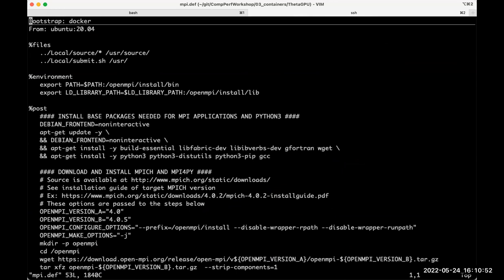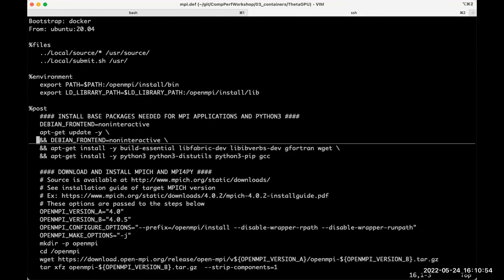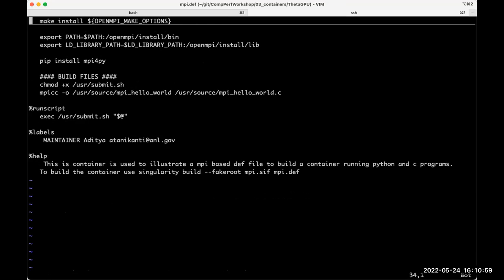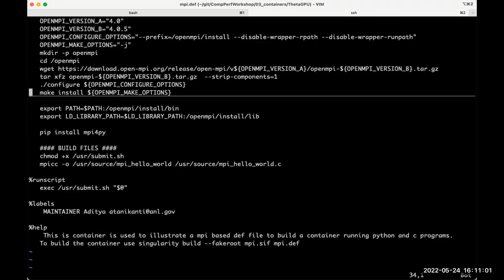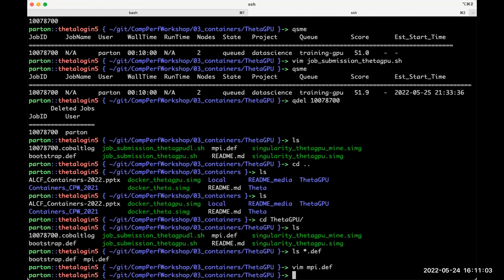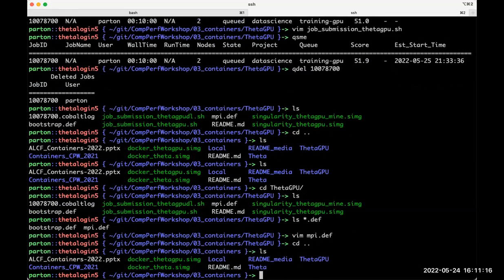They are very similar to the Docker ones. They pull in the exact same image from Docker, actually, and then they have a specific Singularity recipe structure. And you have to run those on the compute node. Like I said, that's only available on Theta GPU, not Theta KNL. But anyway,